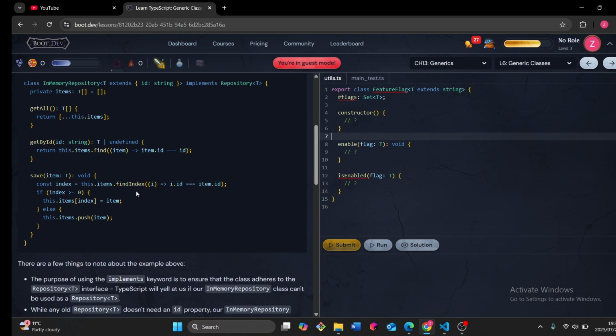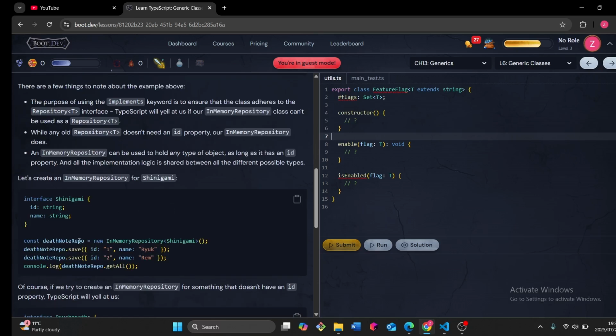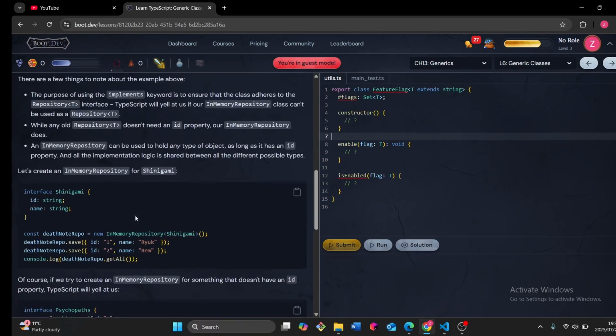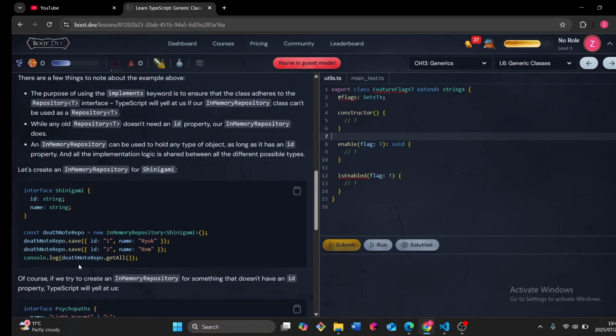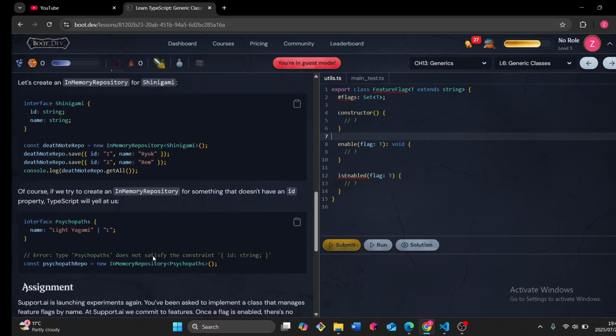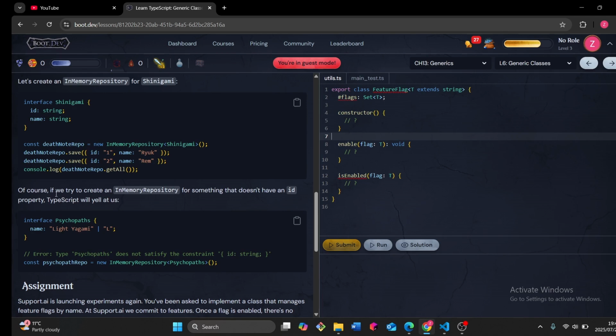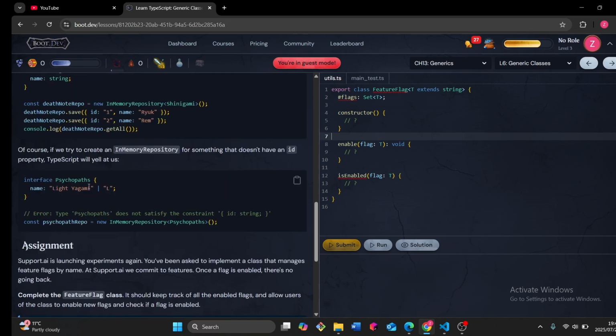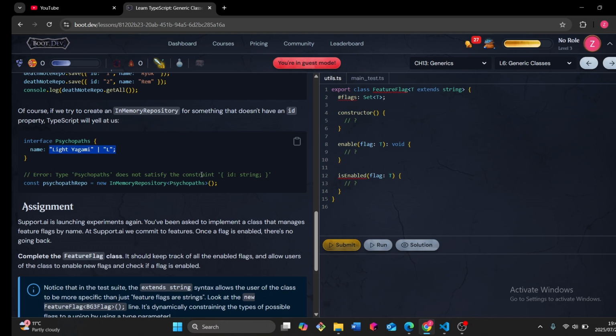I think save is passing in an object of type T. Yeah. And then that object must have an ID. So if we pass an object when we're trying to save and it doesn't have an ID, I think we'll get yelled at. Of course, if we try to create an InMemoryRepository for something that doesn't have an ID property, TypeScript would yell at us. Okay, yeah. It's a union of string literals, which does not satisfy the constraint. Yeah, it doesn't have an ID or whatever. If you try to create